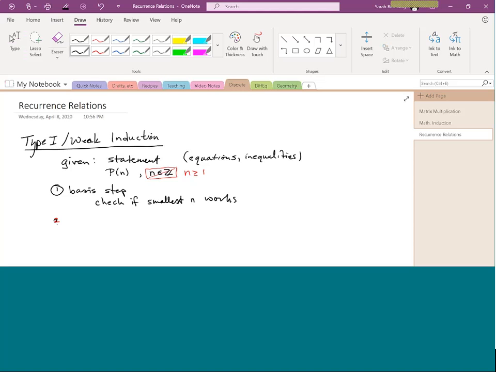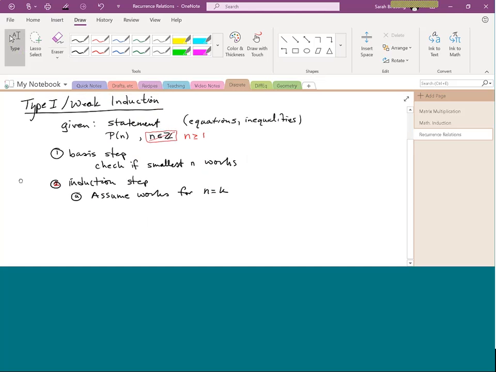And the first, so this is the induction step. And the first part of the induction step is really you just assume everything works. So assume it works for n equals k. Okay? K is an arbitrary letter. I would definitely recommend using the letter K here just because, well, it's going to make your life easier in the future. Okay? So you say, all right, we're going to assume somebody else has already checked this for arbitrary